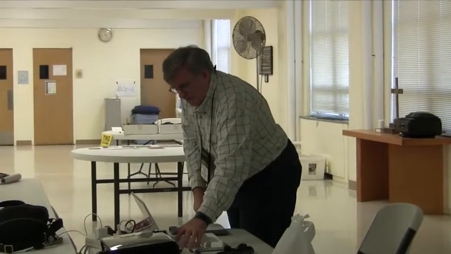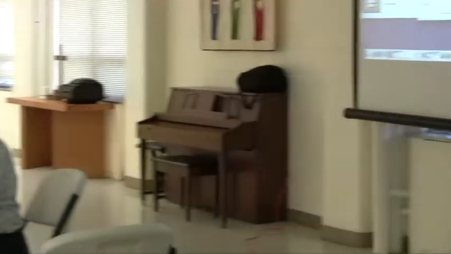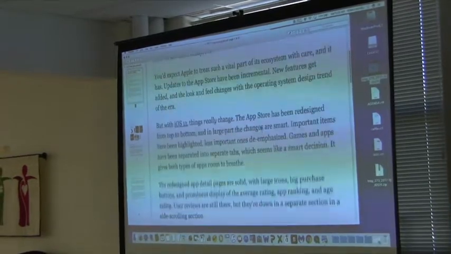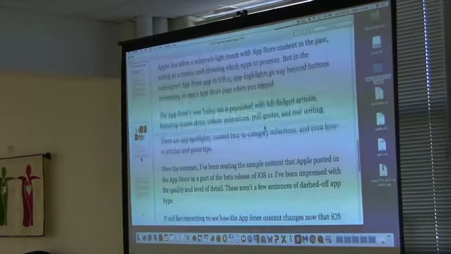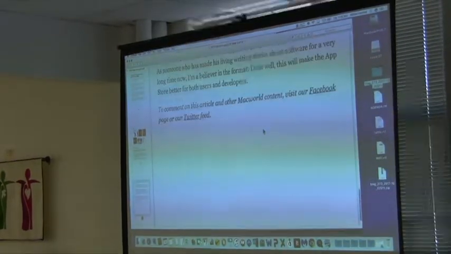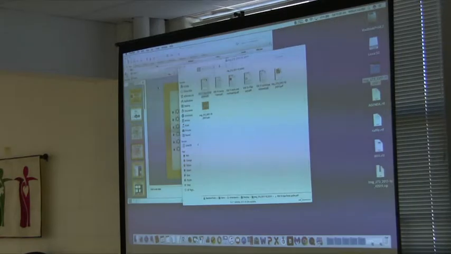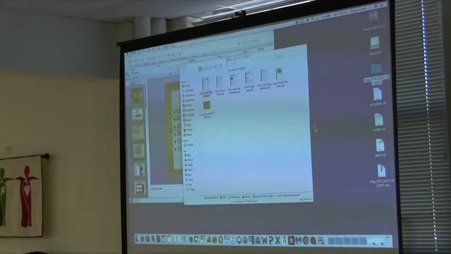Okay, so let me just bounce out of the presentation for just a second, just so you can see what these documents look like. You know, they've got big words, they've got pictures, large text, and most of them come from fairly reputable sources such as Macworld, PC World. So they'll be